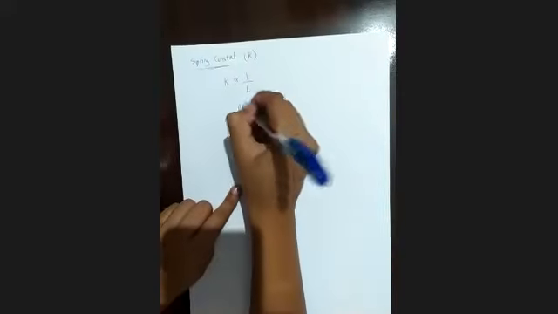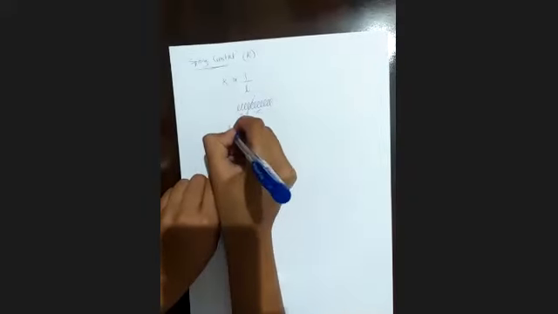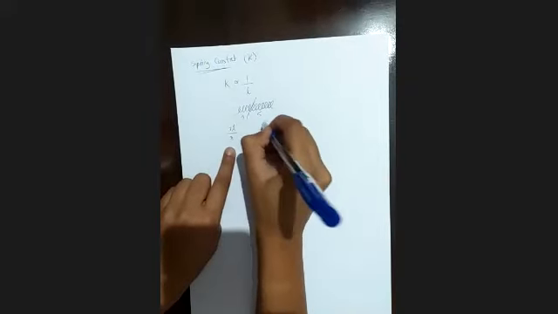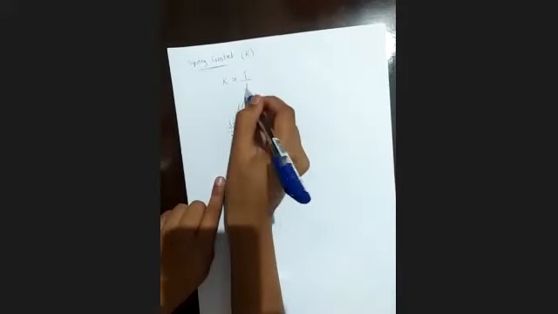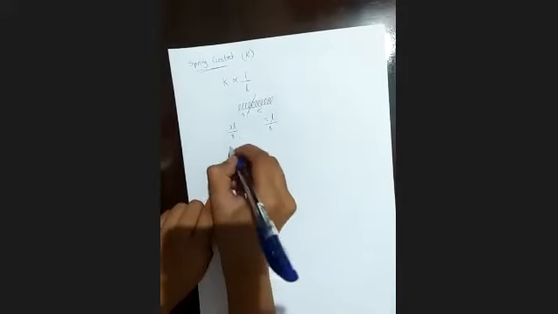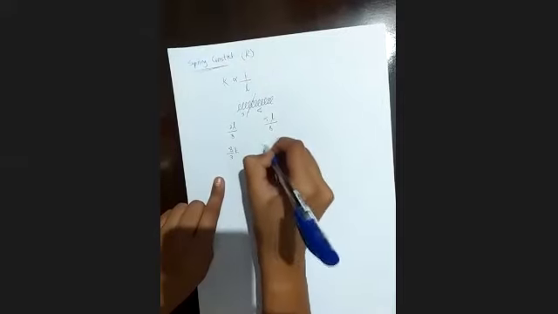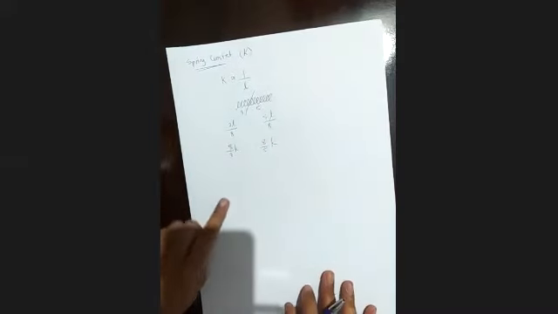So 3 to 5. The length on this side is coming as 3l by 8, and this is coming as 5l by 8. So the spring constant is inversely proportional to length. So the spring constant will be 8 by 3 k, and this is coming as 8 by 5 k. Now we will see